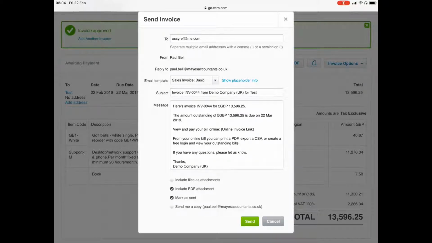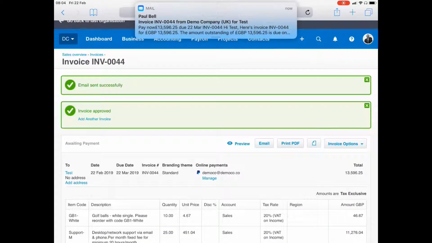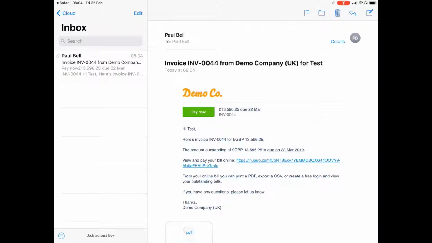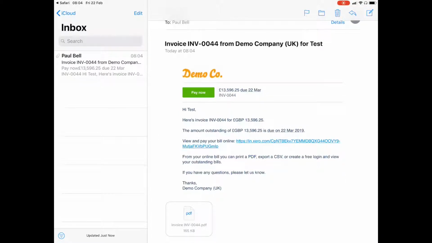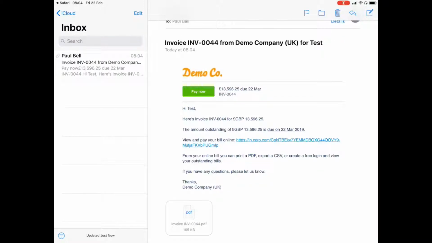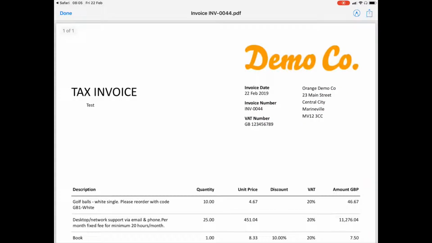What this will do is send me an email. So I've now received that email as if I was the client. Let's open that. And this is what your client will see. We can have that branded with your logo. There's a link to pay now. There's a link to the invoice, or there's a PDF copy. Let's open the PDF copy,